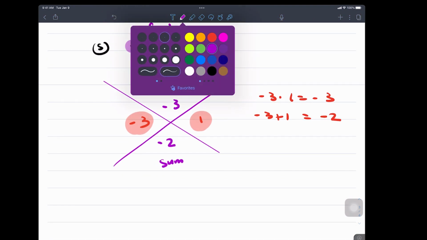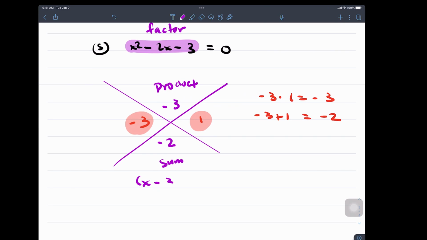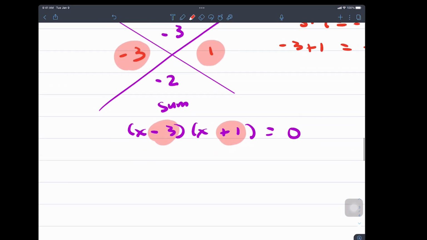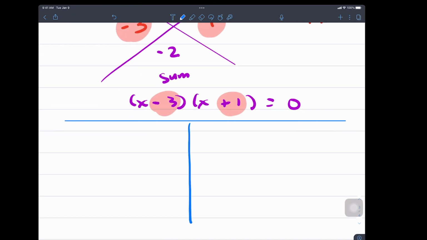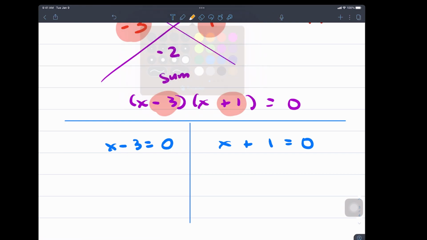So by the crisscross method, we have what? x minus 3, x plus 1 is 0. So what goes over here? We got negative 3, and we got what? Positive 1. All right, you guys okay with that by the crisscross method? And then what do you guys do? Zero product rule. Right? So you use the zero product rule. You got this